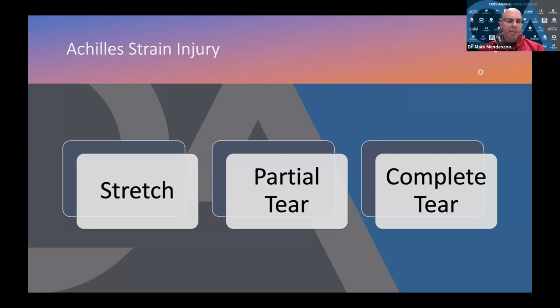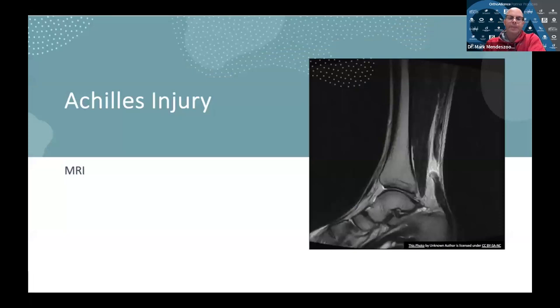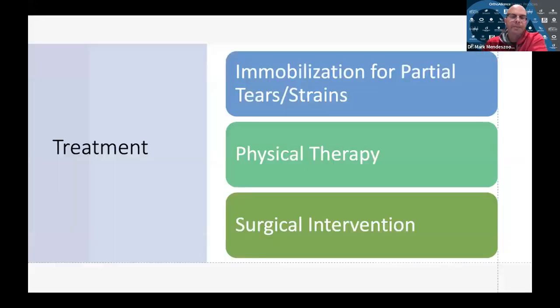So if you're having pain or discomfort and someone tells you that you hurt your Achilles, the treatment will be very similar to ankle injuries, but I definitely recommend having immediate evaluation by a medical specialist so that they know what the proper treatment is to prevent long-term problems. This is an MRI, and you can see the gap where the black structure is. An Achilles tendon should be continuous. If someone has a complete rupture, then unfortunately, that person will need surgical intervention, and there are many ways that you can repair an Achilles.